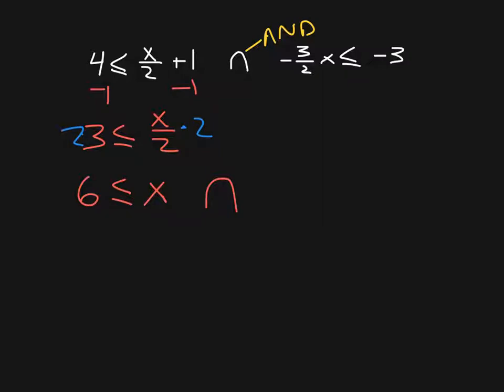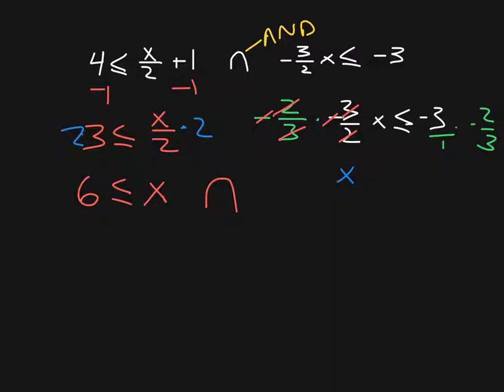When there's a negative here, we've got to multiply by the negative. So the reciprocal is negative 2/3 times the negative 3/2 that's there originally. Negative 3/2 x is less than or equal to negative 3, and I have to multiply that by the same reciprocal, negative 2/3. I'll put that negative 3 over 1. On my left side, the 2's cancel, the 3's cancel, the negatives cancel, and I'm just left with x